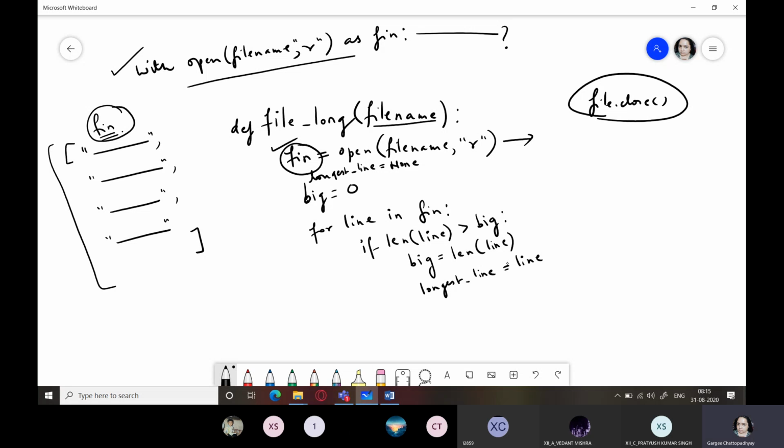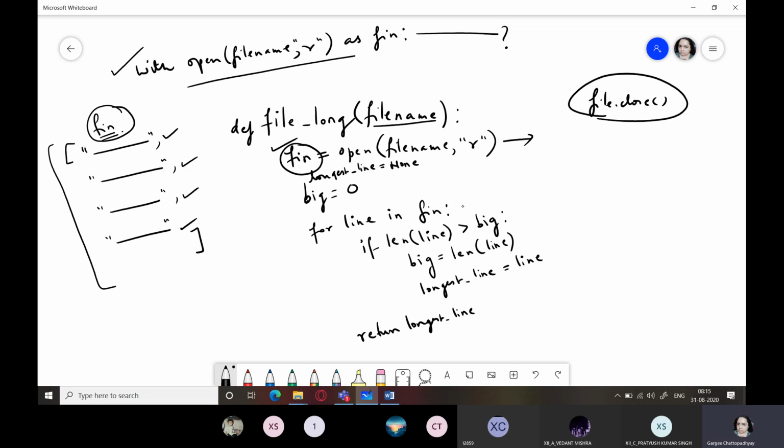Okay, let this execute. Now I cannot break over here because this algorithm will work only when it checks all the lines, and it has to move to the end of file. Because we have already read everything within fin, it will be reading all the lines till it finds the longest line, and finally we will be printing that, or you can either print the line or you can return the longest line. So at the end you will write return, sorry, longest line.